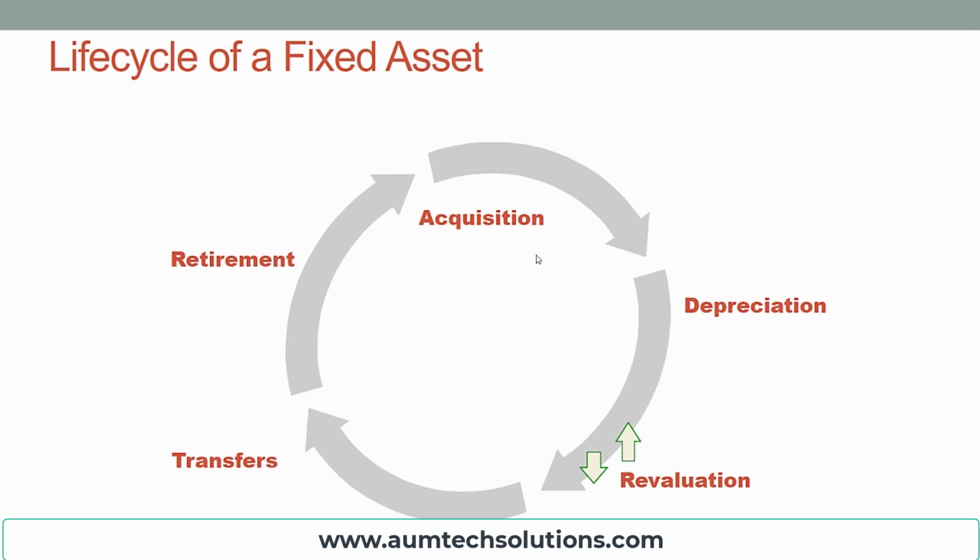Let's look at the life cycle of a fixed asset. It starts with the acquisition of the asset: a purchase from an external vendor, or an internal acquisition, like an asset under construction which is completed and put into service. So internal acquisition or external acquisition. Once the asset is in service, we start using it. There is normal wear and tear of the asset due to this use. This is called depreciation, the charge of depreciation on the asset during its lifetime.